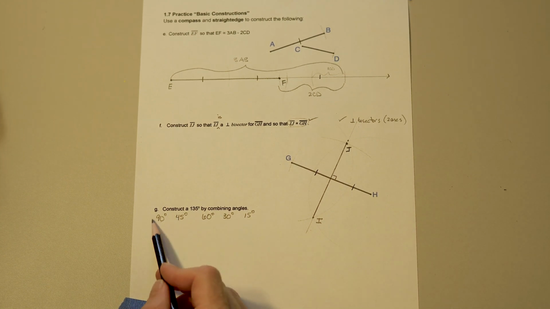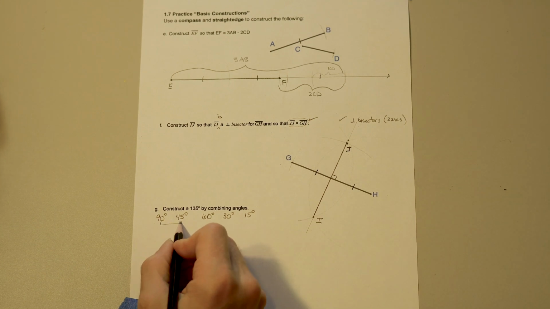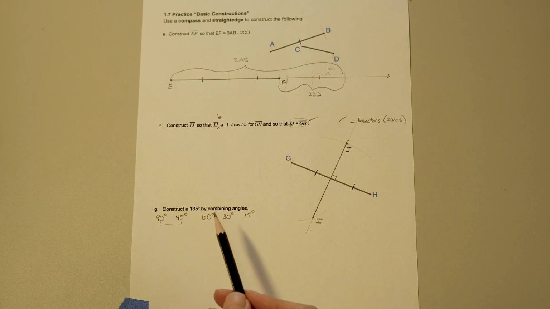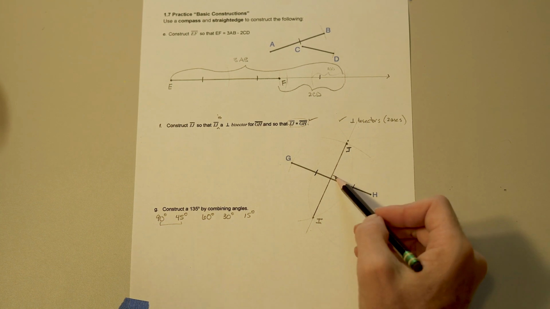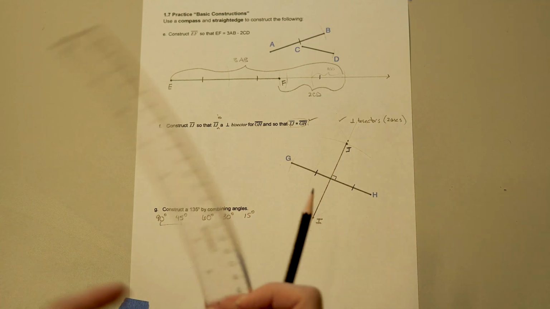So 135. Which angles here do I add to get to 135? Well, simply these two, right? It's the 90 and the 45. So if I construct a 90 and then have another 90 that I bisect, I can get 135. We know how to do a 90. Look, we did that with F. So how about we just